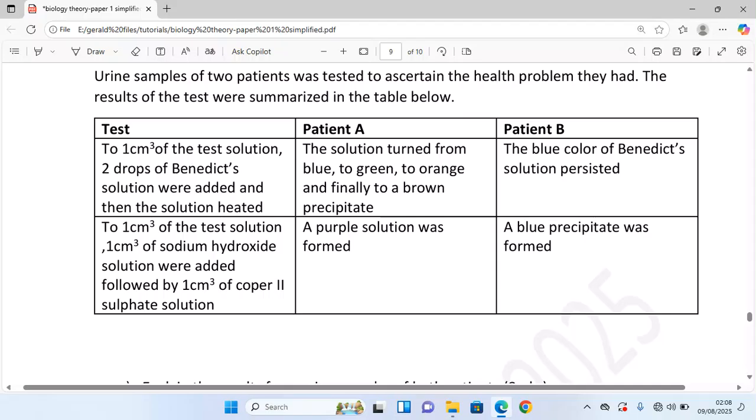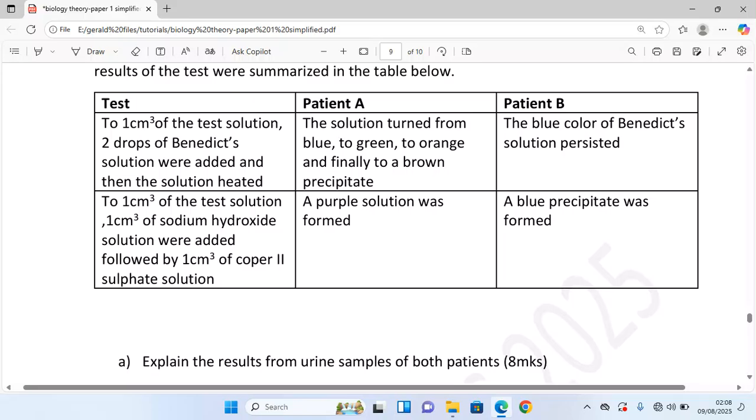indicating the protein's presence. Then patient B, the blue color of Benedict solution persisted and a blue precipitate was formed with the test for proteins. What does that one mean? This one implies that this sample of patient A has reducing sugars. So which reducing sugar in this case? Glucose. And this purple solution also indicates that urine sample of patient A had proteins, but this sample of patient